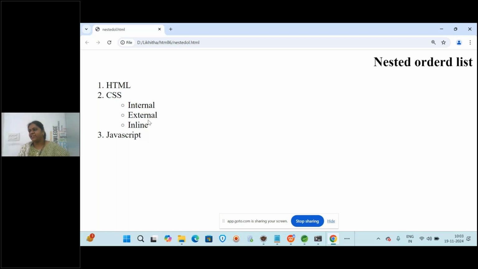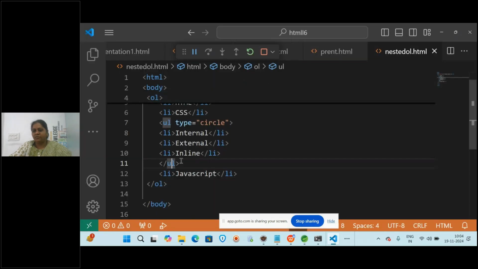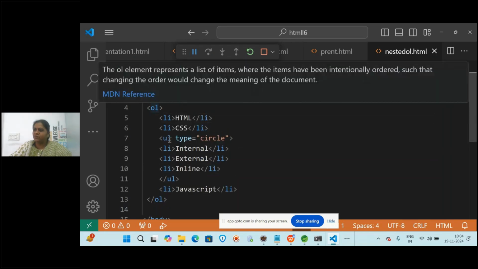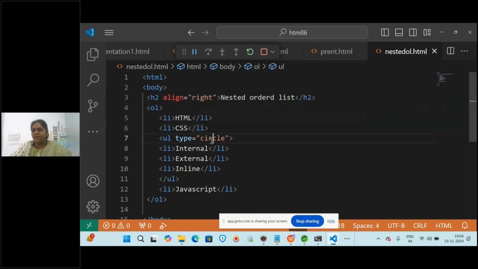If you don't mention anything, you just wrote OL, by default the numbering will come. But if you want, you have to specify the type attribute. So you can combine both ordered as well as unordered. This outer list is an ordered list, so you are getting numbering. The inner list I have used as UL, unordered, and I have given type as circle.